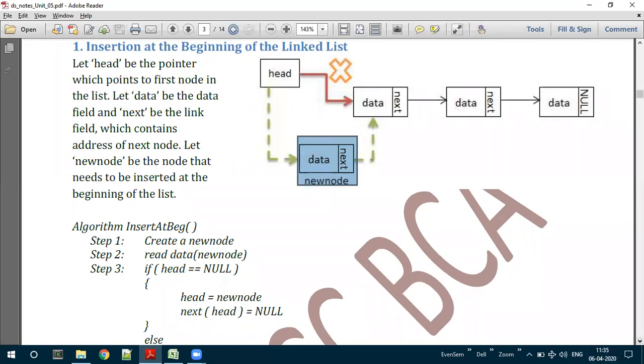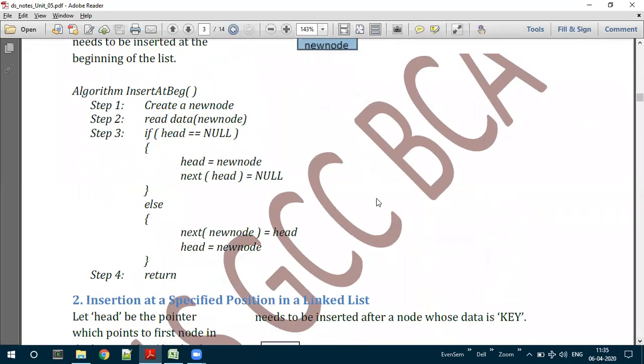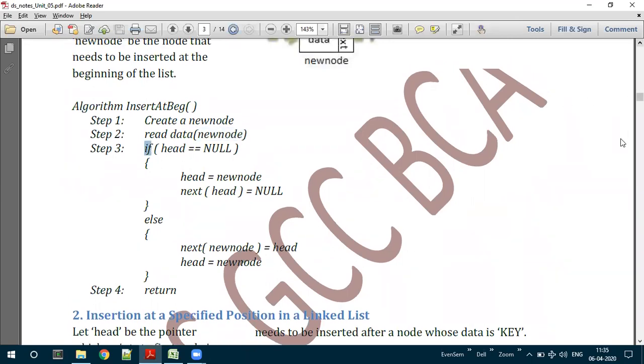The algorithm is insert at beginning. First step is to create a new node, and read the data of the new node, meaning the data field of the new node. Then we have an if condition.